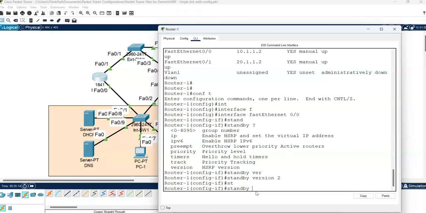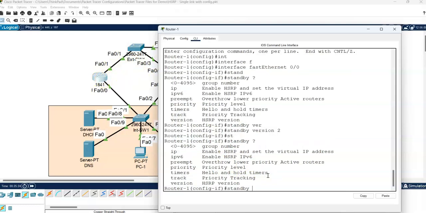You might have some interfaces, for example the local interfaces, the LAN, may be a group. External ones can be another group. You might have different groups on one router. So we have to define the number, and that number is in this range. I'm going to give, let's say, VLAN 10. Let me call it 10 so I can remember it easily. 10. Then I'm going to give the IP, which is the virtual IP,